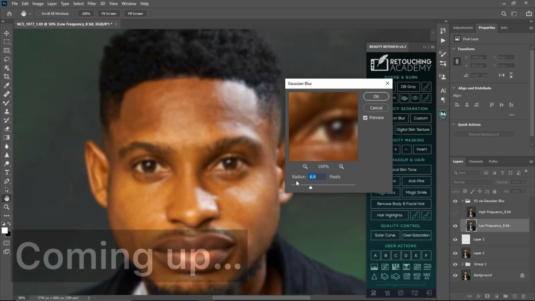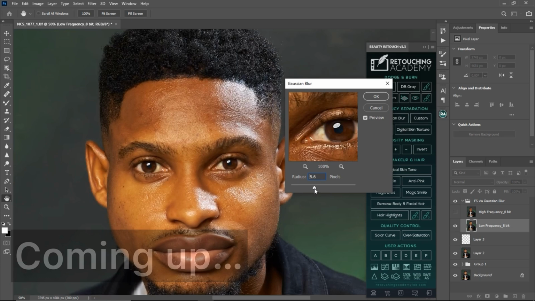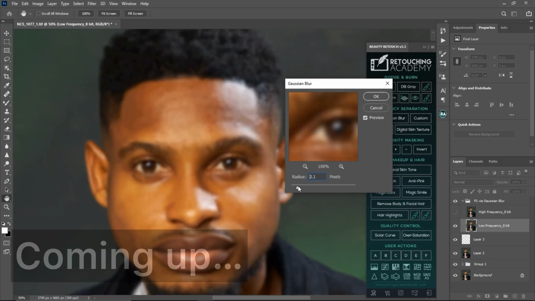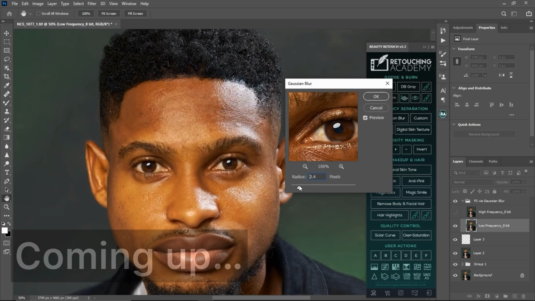So for this Gaussian blur radius, if you want to retain more texture on your skin, just take the radius all the way up, and if you want less texture on your skin, take it all the way down. So let me just show you. If I take this image to about, if I use a radius of about 2.4 and I just click